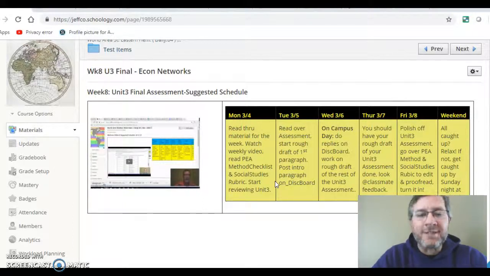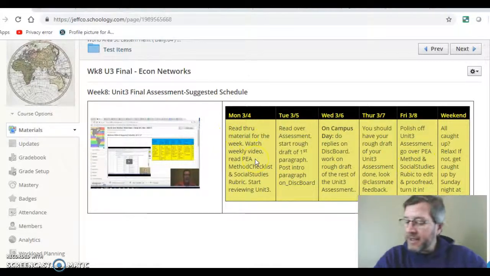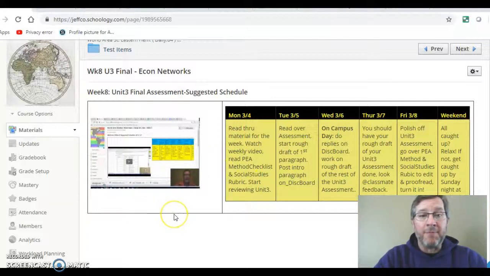Those of you that are new with us this semester, make sure you pay very close attention. Try and follow the suggested schedule as closely as possible. As always, on Mondays, go through the suggested schedule and look through the entire week's work. Go over your grade book. This is very important this week because this is the unit over the entire 8 weeks that we've done so far, so you really should have everything done in order to prepare yourself for this Unit 3 final.